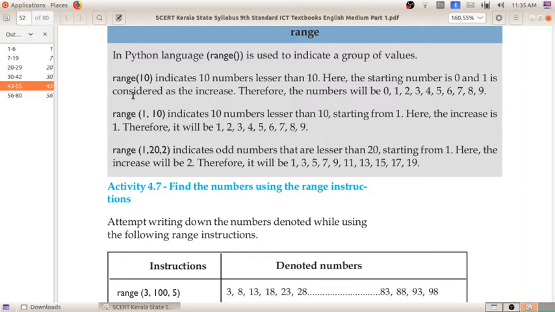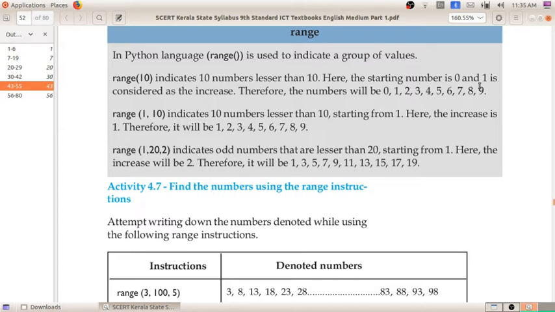That means 10 will not be printed, only values less than 10. Every time we write the range, the end value that we give will not be displayed; only values less than that end value will be displayed. Range of 10 indicates the 10 numbers less than 10.